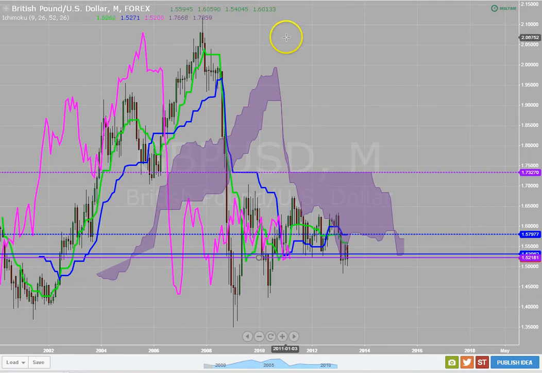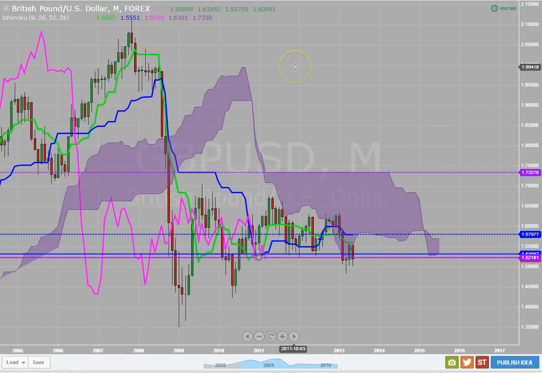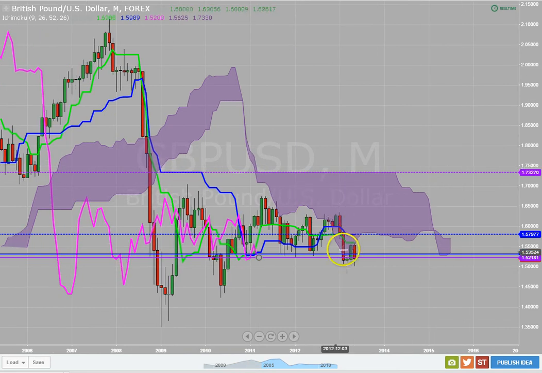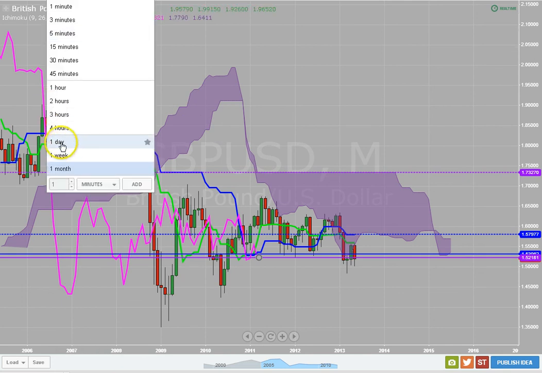Alright, this is the pound dollar on the monthly time frame here, and I'm not getting much signals off of this, but I just wanted to get these levels in here. So you see the top of the cloud. Here's your Tenkan-sen, and then price is doing nothing at all. Maybe a symmetrical triangle, maybe, kind of, on the monthly time frame. Let's go to the daily.